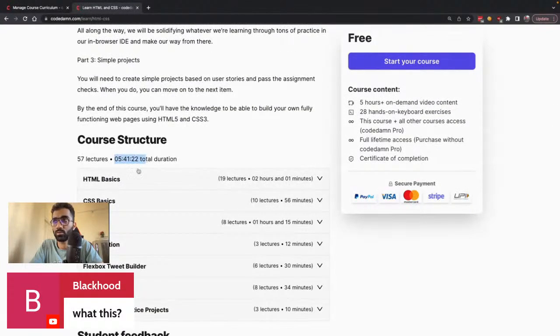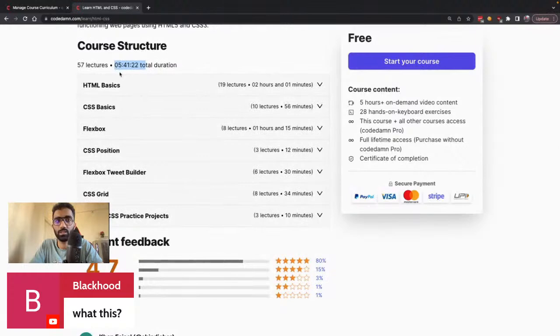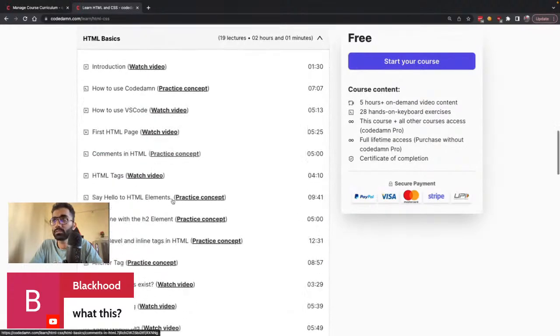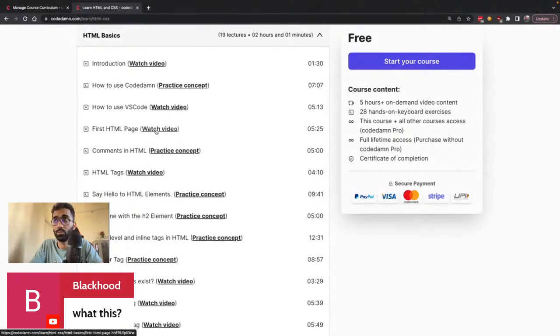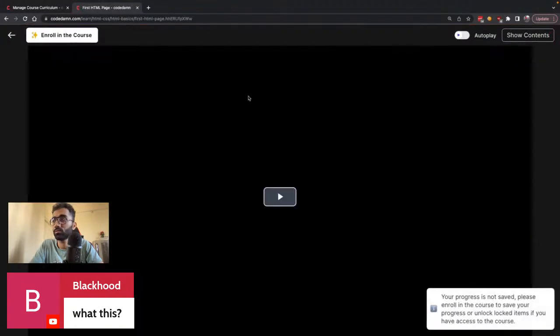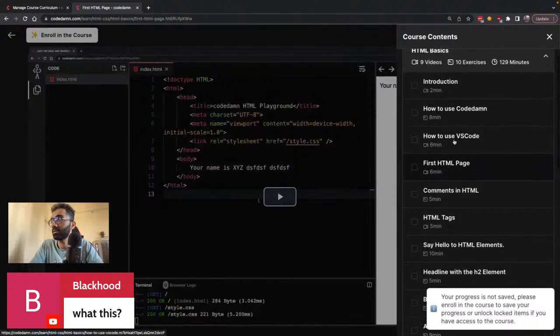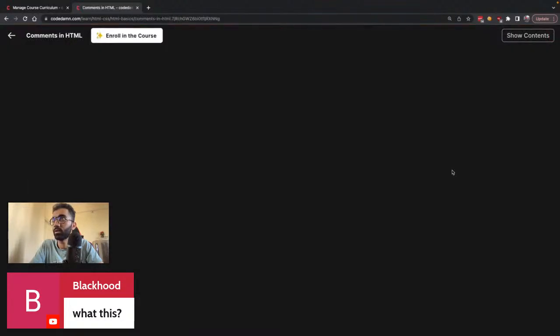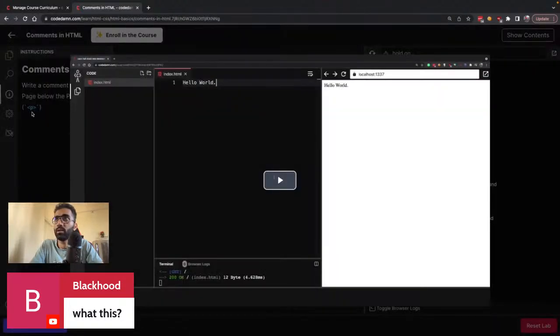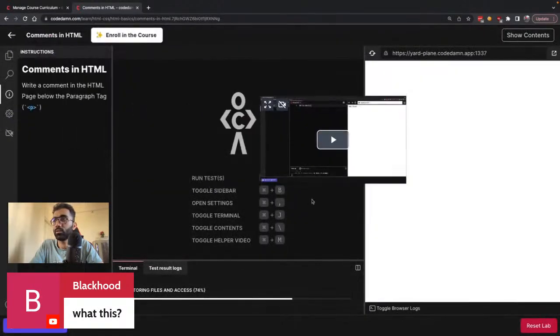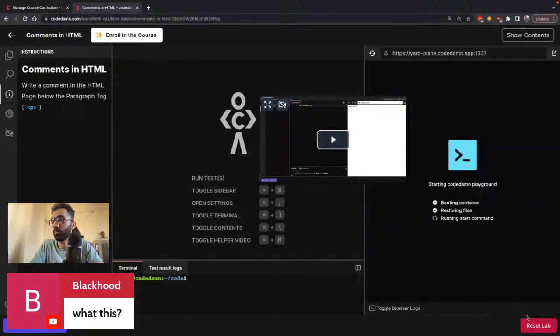It's almost a 6-hour course, which consists of basics of HTML, right? But if you take a look inside this course, you will see that it's unique in a way that it not just consists of video elements like this, but it also consists of these practice elements, where if I, let's say, open this particular thing over here, a practice session opens inside of almost like a VS Code like environment, right?